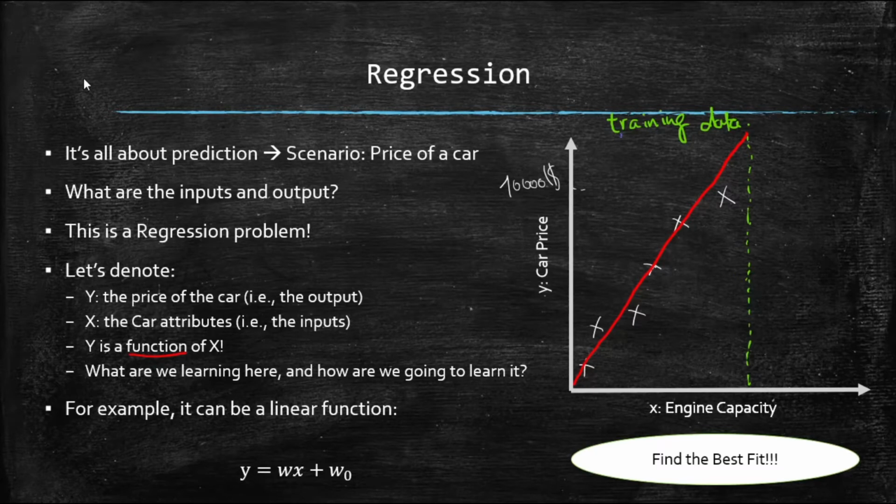Number one would be the slope of the line, and number 2 would be the intercept of the line, right? And these are called the parameters